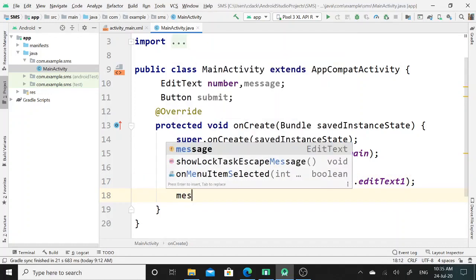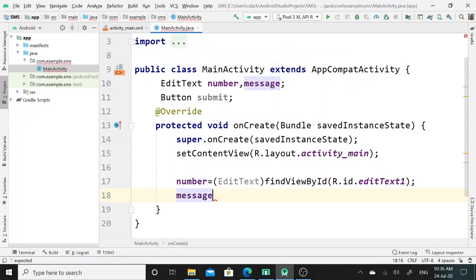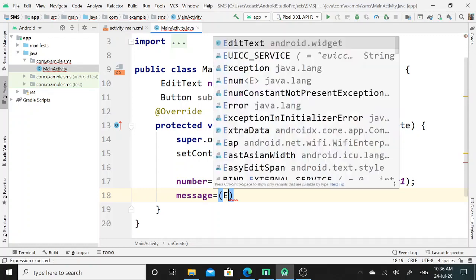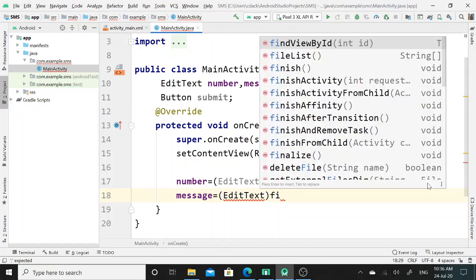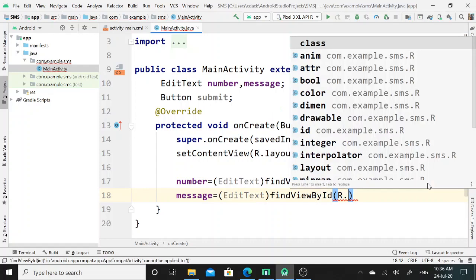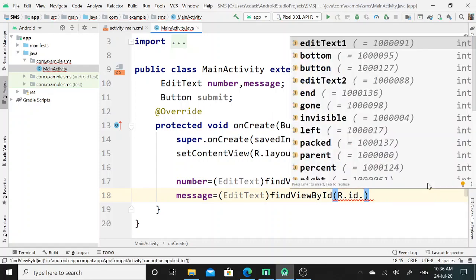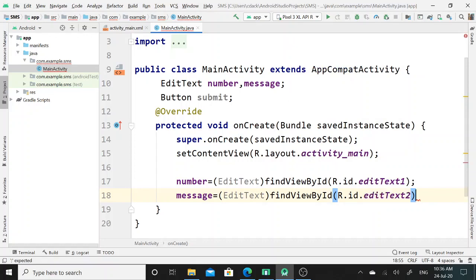Similarly, I will call here the reference of the EditText class, that is message. Again here I will perform typecasting methodology to find the ID for edit text 2. Again I will take the help of the findViewById method, and that ID is present in the R.id package, and this is the edit text 2 ID.